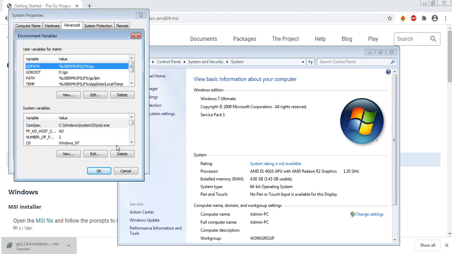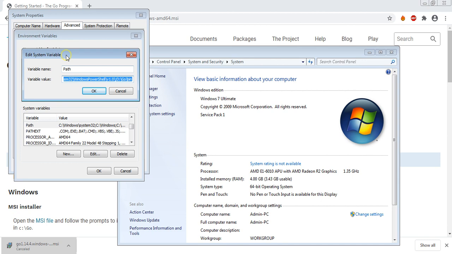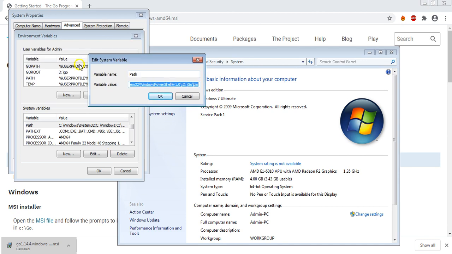What we need to set here is the path and the root. I have already set my path and root, as you can see here. But for starters, when you do it first, you need to look into the system variables, where you will find the Path variable. I repeat, in the environment variables, you look for the system variables, where you will find the Path here. Edit that one. Once you open this Edit System Variable, the variable name is going to be Path. You don't change that one, but for the variable value, you go to the last.